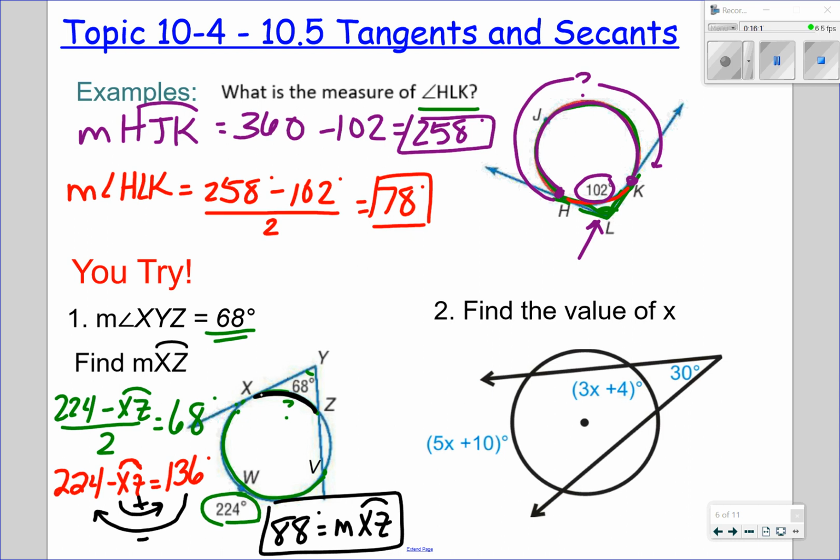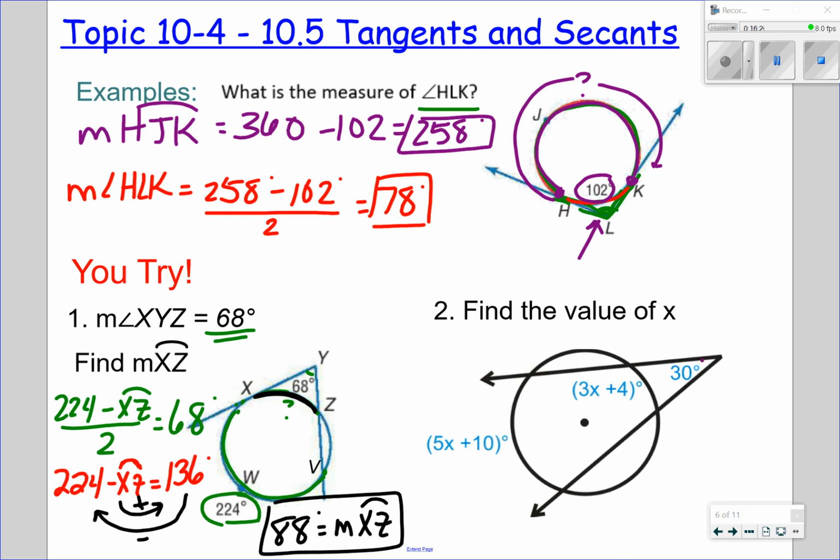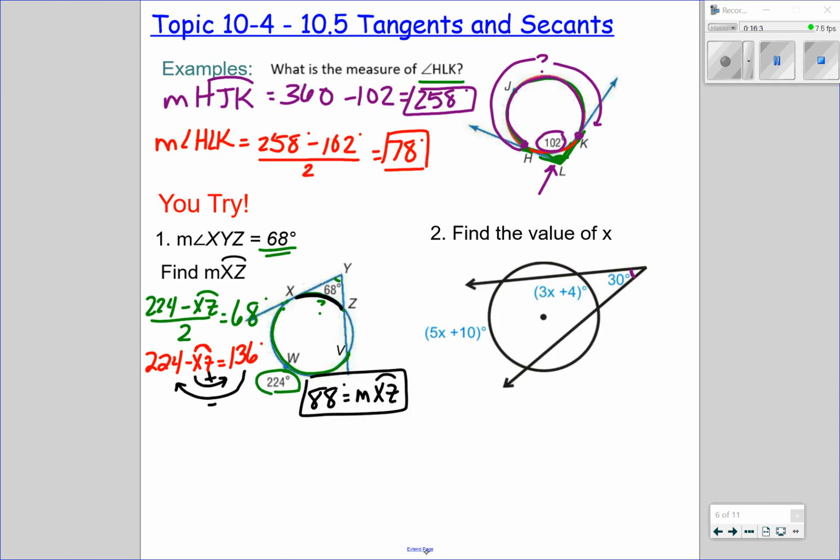Over here, we're going to do a little bit more work, just because it's a little bit more algebra heavy, but the approach is still the same. Big arc minus small arc over 2 gives you this angle. So the angle is what we're going to be setting this equal to. I'm going to extend my page here. So this would be my big arc. This would be my small arc. That's 30 degrees is my angle. So 5x plus 10 minus this whole thing here, 3x plus 4 all over 2